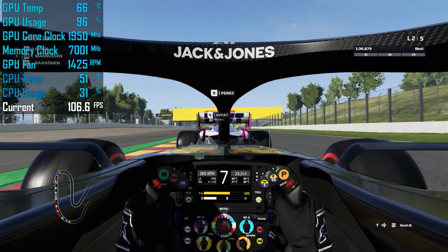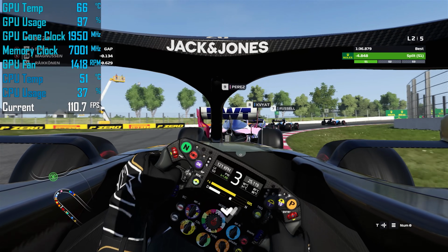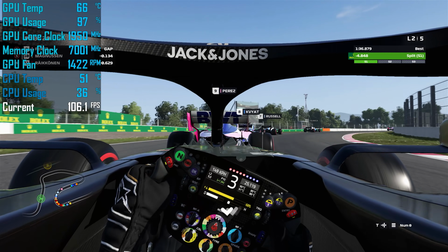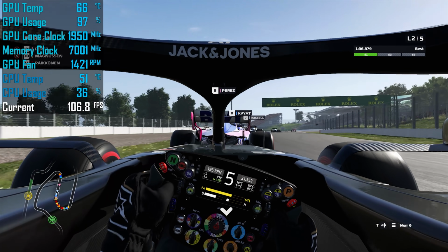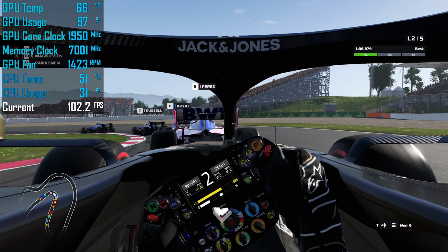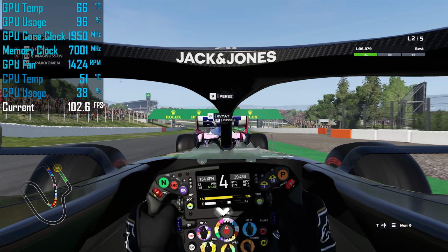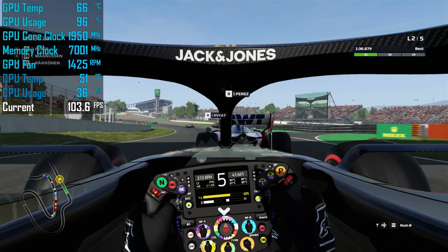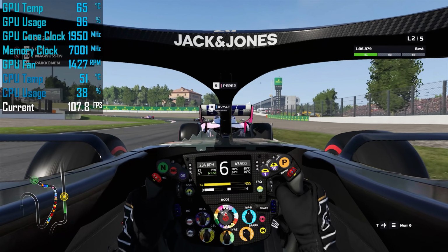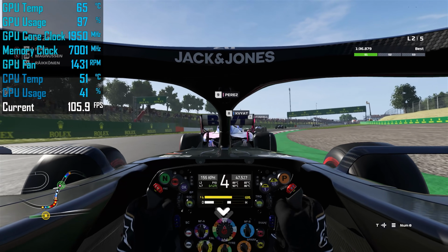Then last up we have F1 2019, and the footage you're looking at here is from the built-in benchmark, which has been looped over and over again for more than an hour. In a 21-degree room, the GPU peaked at just 66 degrees, and in this title the Ryzen 5 2600 reached just 51 degrees, though it wasn't that heavily utilised, only hitting around 40%. As for in-game performance, frame rates remained above 100 FPS at 1440p, using the maximum quality preset,